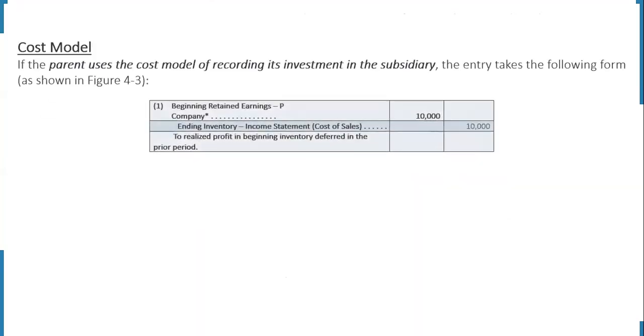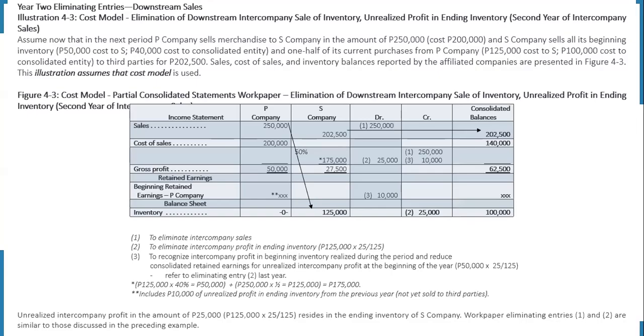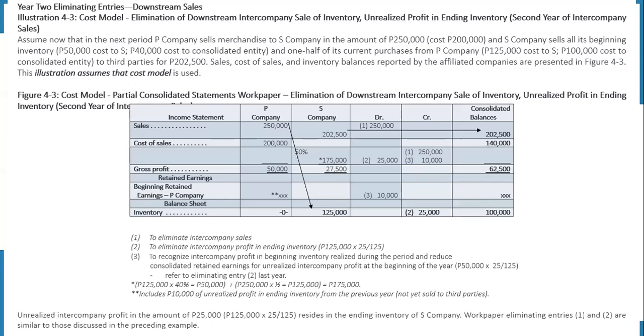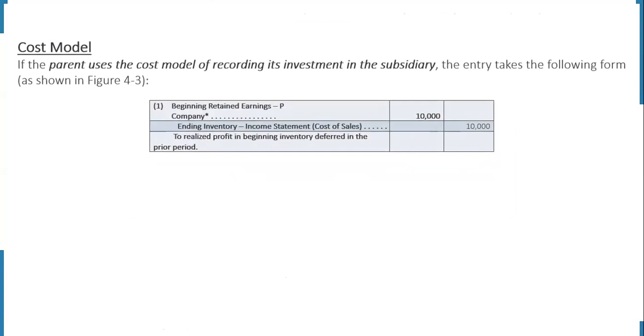Now, unrealized intercompany profit in the amount of 25,000, that's 125,000 times 25 over 125, resides in the ending inventory of S company. Work paper eliminating entries 1 and 2 are similar to those discussed in the preceding example. So we have now the use of the cost model. If the parent uses the cost model of recording its investment in the subsidiary, the entry takes the following form, shown in figure 4-3. So the entry is to debit beginning retained earnings of P company by 10,000 and credit